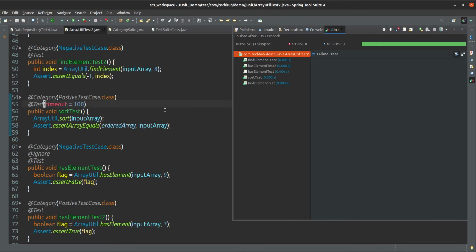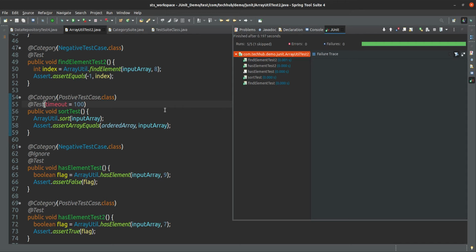The max time I am giving is the max time to execute this method, to check the performance, whether your function or method is working good in terms of performance also. So that's why you can specify timeout here. If your timeout fails, then definitely that method has to be re-implemented, or that code has to be checked whether it is working according to the requirement, because that is also not good practice. To write code that takes more time to execute, no one will prefer this type of application.